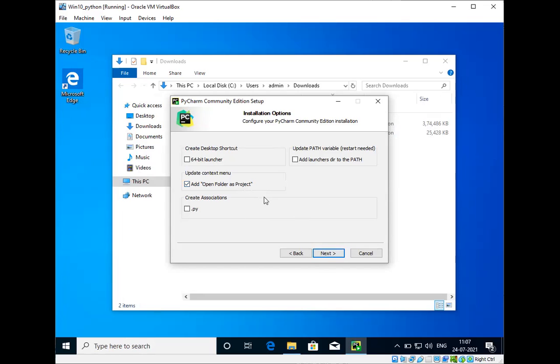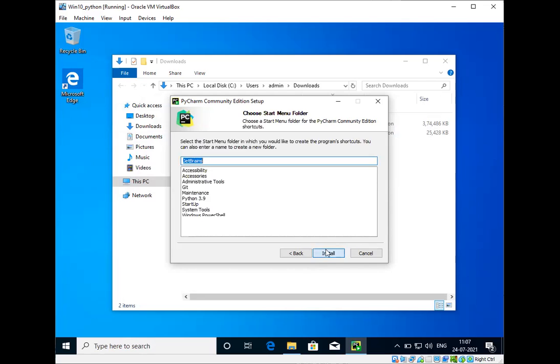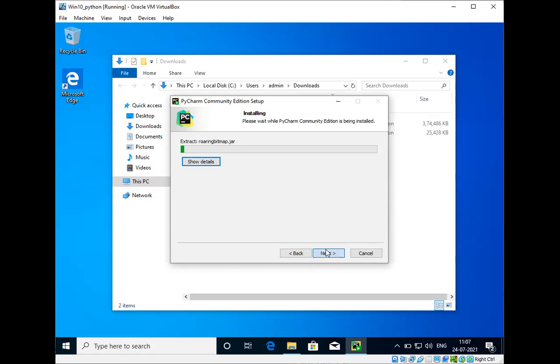It will be helpful for opening any project files. Just by right-clicking on a folder, you will get the open folder as project menu. Just ignore that, and click next, install.